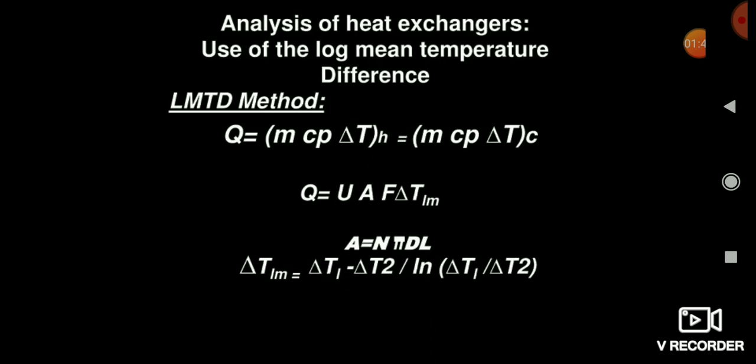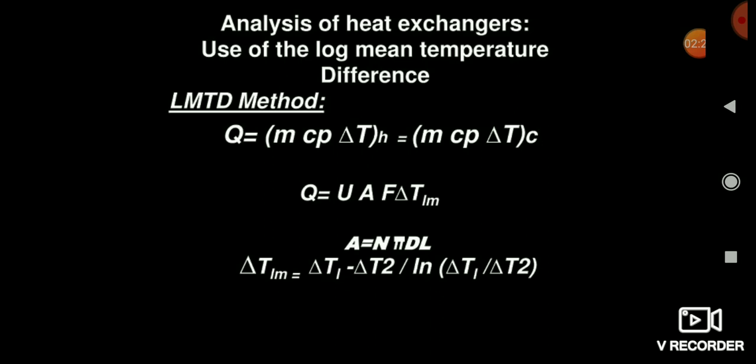And friends, similarly when we talk about the heat exchanger, the formula is UA into F into delta T Lm, meaning log mean temperature difference. Friends, remember clearly that in the heat exchanger, U is the overall heat transfer coefficient and A is the area. Here you see that A is not the cross sectional area, it is the surface area, that is pi into D into L.